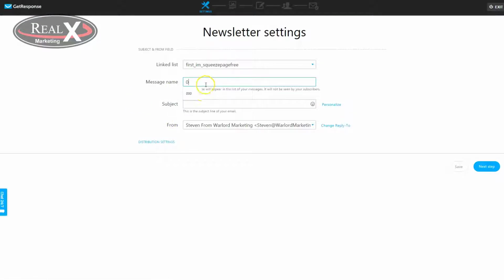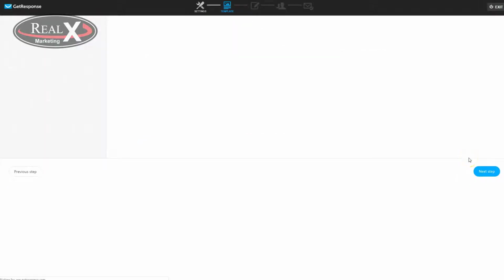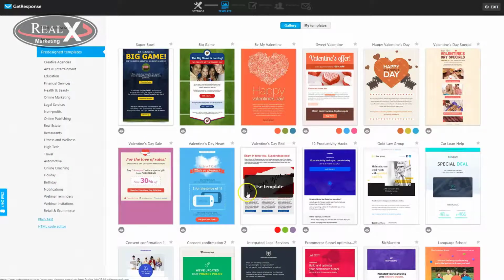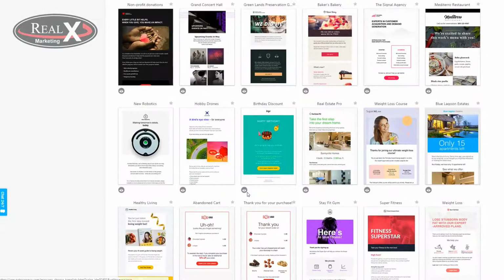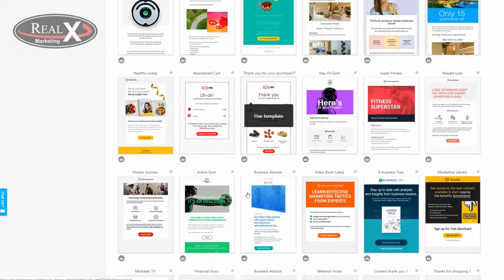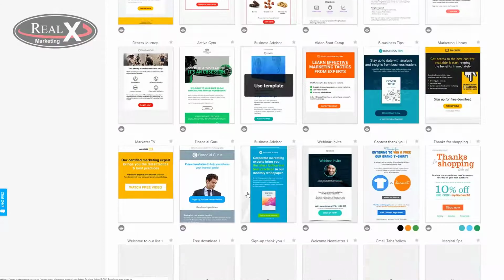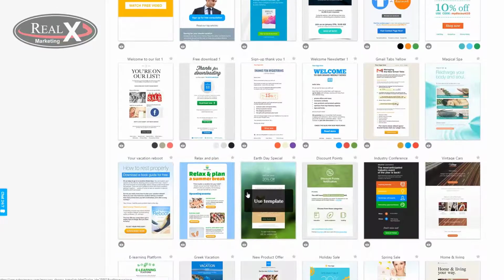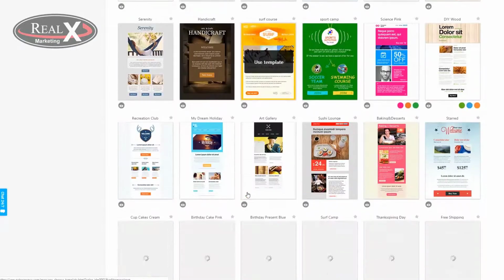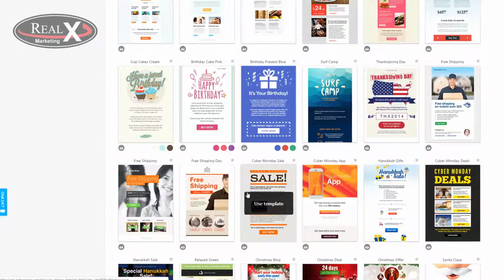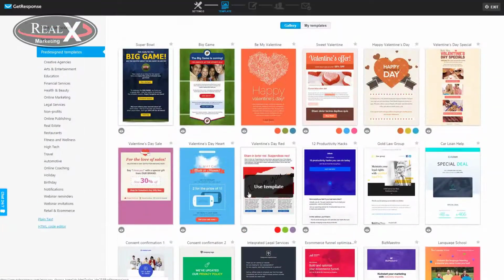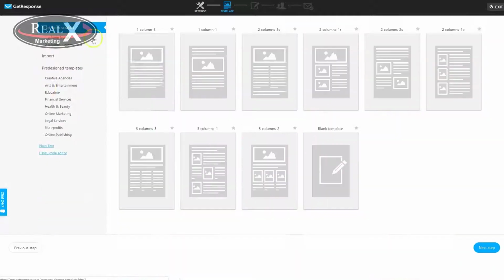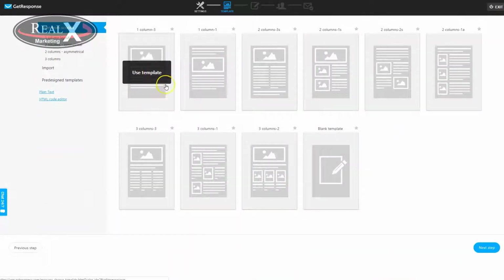And we're going to give our message a name. Doesn't really matter for this example. We'll hit next. And you have lots of templates to choose from here already created by GetResponse, and the same goes for any email autoresponder service that you are using. Okay, you log in and I guarantee you'll find several pre-done templates that you can utilize that may or may not match your style. In our case, we're just going to sort of start with a blank template, one column,